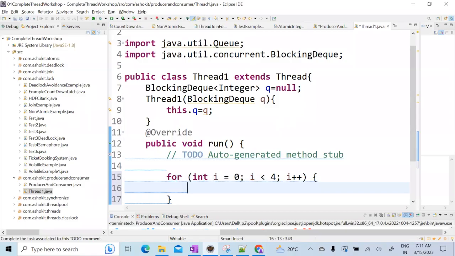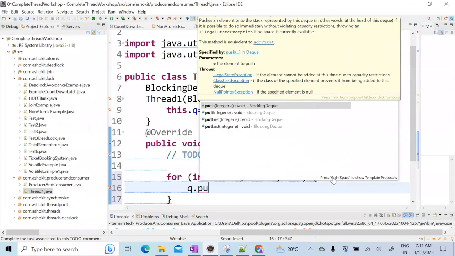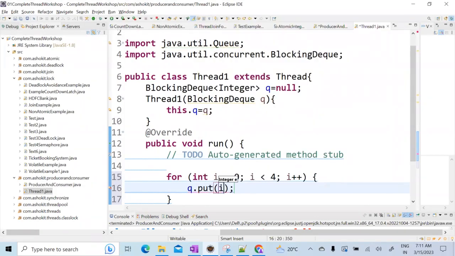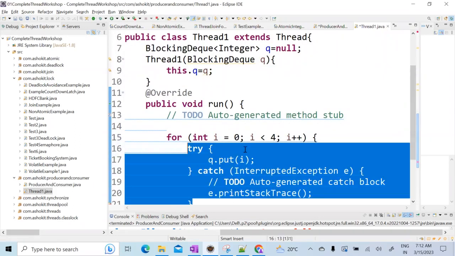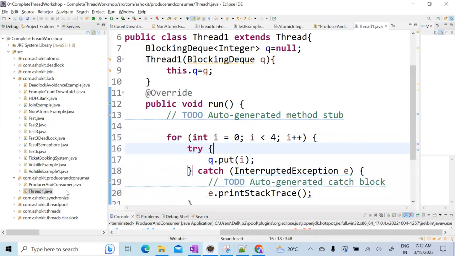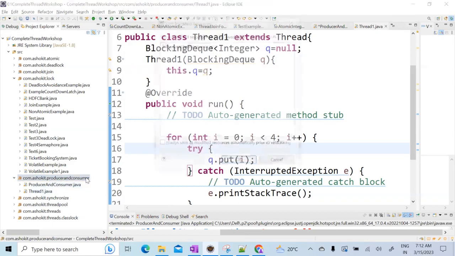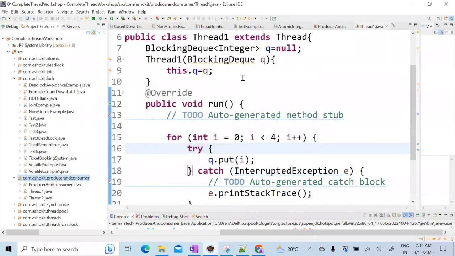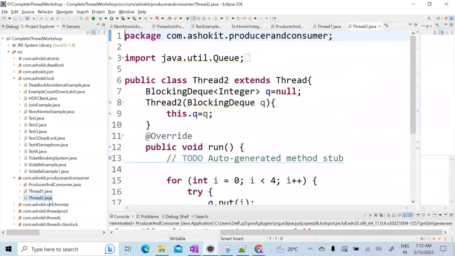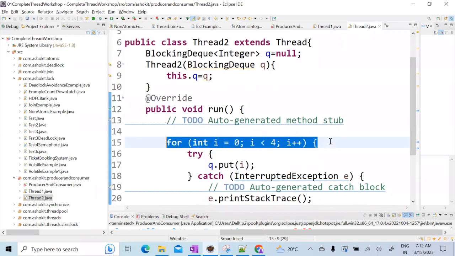In the run method, I'm using a for loop up to 4, then q.put. I'm calling q.put and then I'm adding i. So can I say how many times this put method will execute? 4 times, correct? Now let me create another thread. Let's make it thread 2. In thread 2 also I want to do the same thing. Only the change is, instead of the put method,